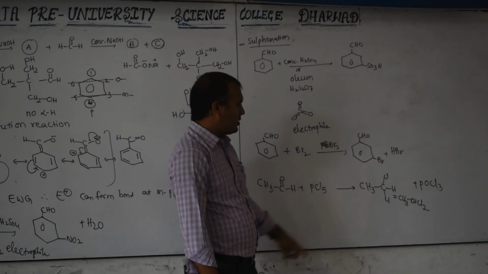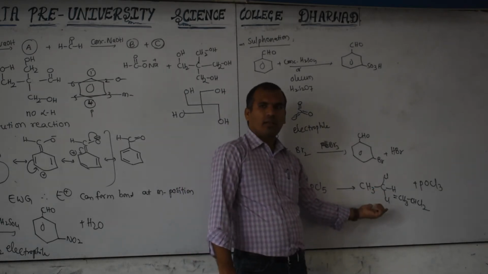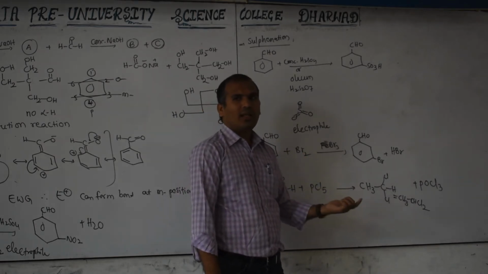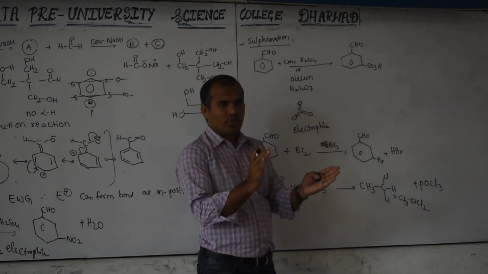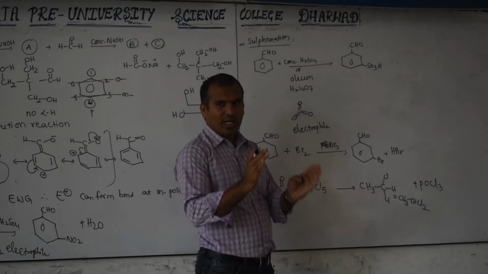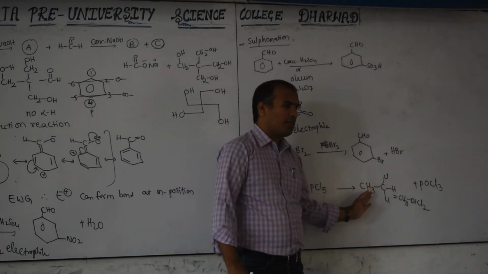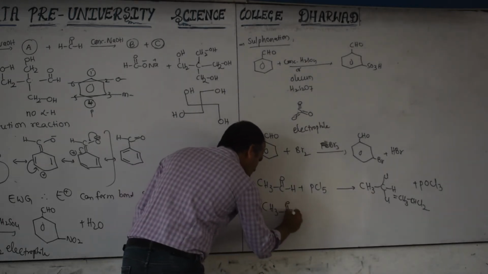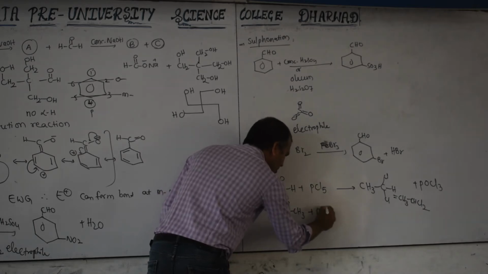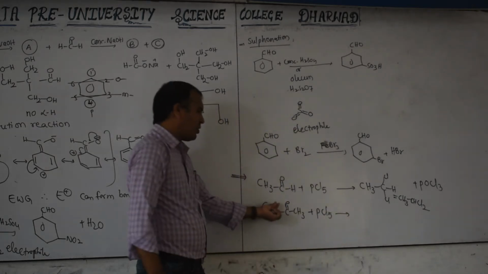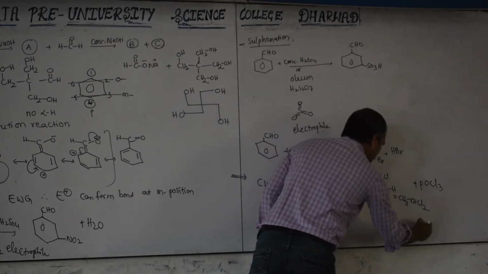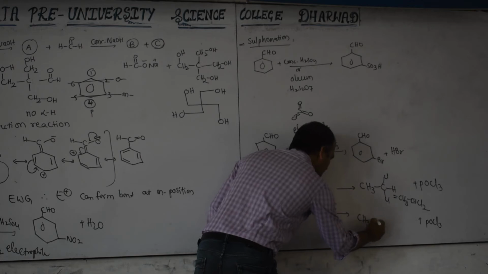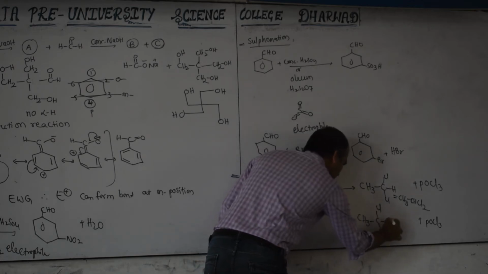Is this geminal or vicinal? Geminal. Two halogens on the same carbon make a geminal dihalide. Vicinal means two halogens are on adjacent carbons, side by side. Okay. If you take a ketone, CH3 C double bond O CH3, reacting with PCl5, the same oxygen will go out, with POCl3 as the byproduct. Then immediately here CH3CCl2CH3.